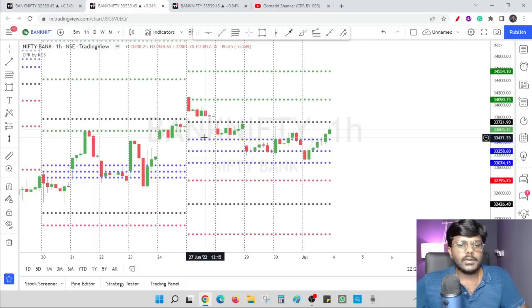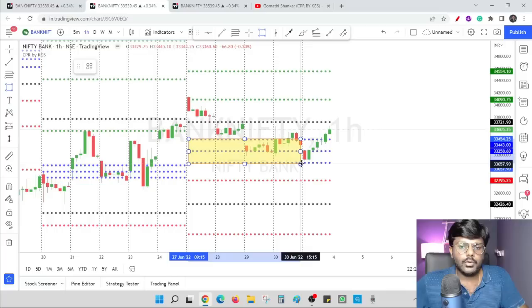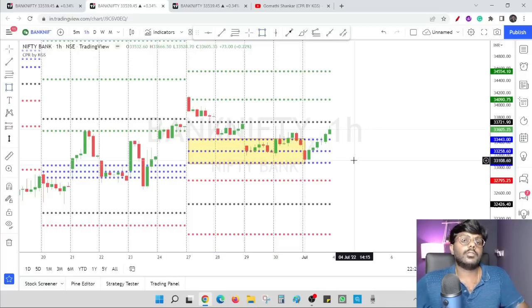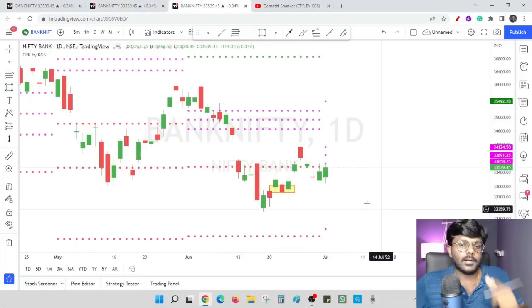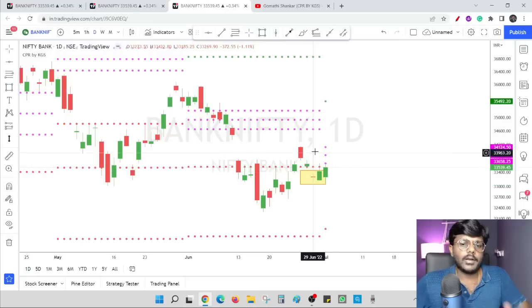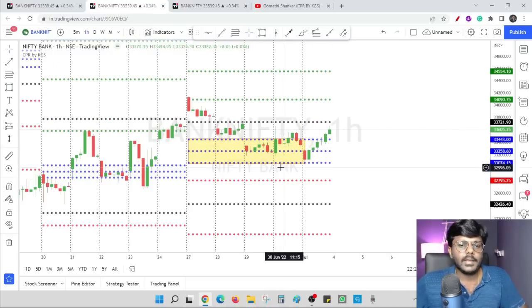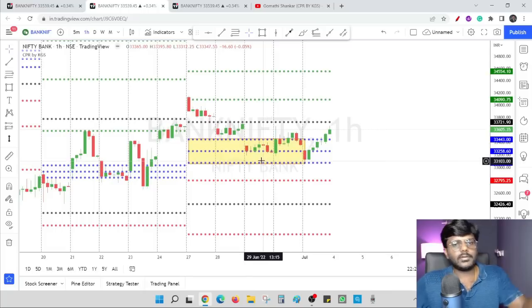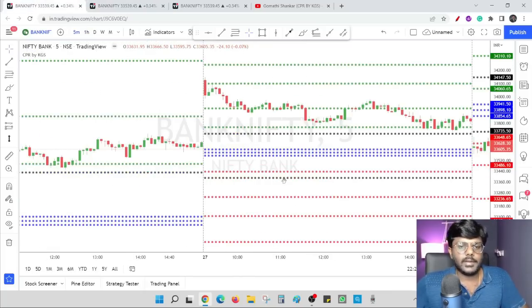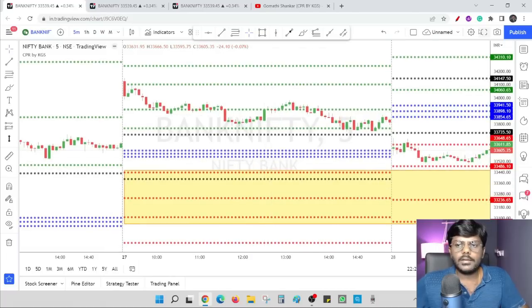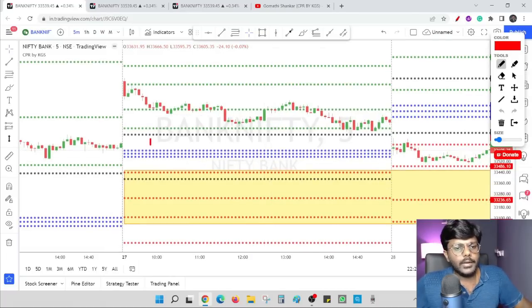So what happened in the last 4 days? So again, I will draw a zone at weekly CPR. You all know very well, already the market was below monthly CPR. Remember, don't forget, already the market is below monthly CPR. And now I am going to check this in daily CPR. Now the candles are above daily CPR, the candles are above weekly CPR, so we can avoid short position.